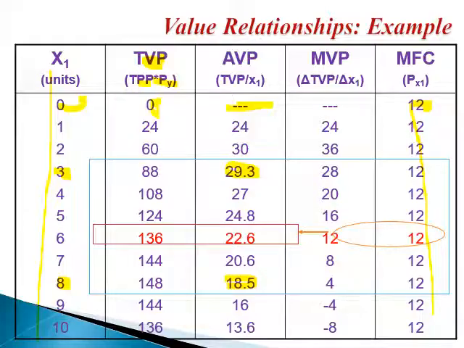Now, how do I get that? Remember here, it is undefined, as usual. Now, this 24, how did we get this 24? It is very simple. Remember delta TVP divided by delta X1, which will be 24 minus 0 divided by 1 minus 0. And it will be 24 here. After that, how do we get this 36? 30 minus 24, sorry, not 30 minus 24, let me erase it. Sorry.